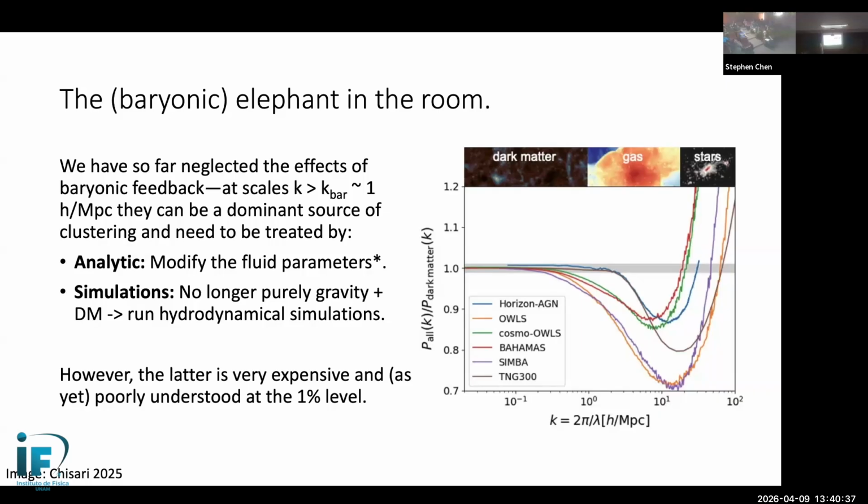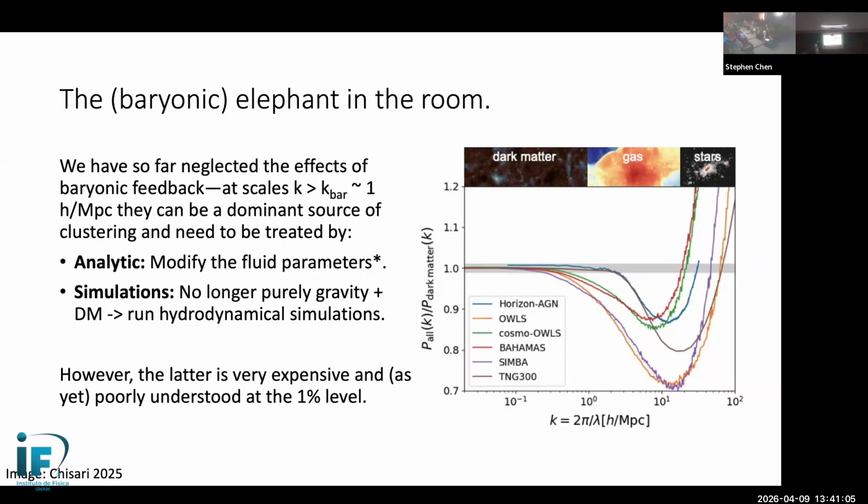So in the EFT, all that happens when I have baryons is that I change the fluid parameters, which in any case I fit. But if I were to run a simulation, I can no longer rely on purely gravitational simulations, so-called n-body simulations, but would rather have to go to hydrodynamical simulations, including all these baryonic processes. The n-body simulations are purely collisionless dynamics. I go to collisional, very complicated dynamics when I include these hydrodynamical effects.